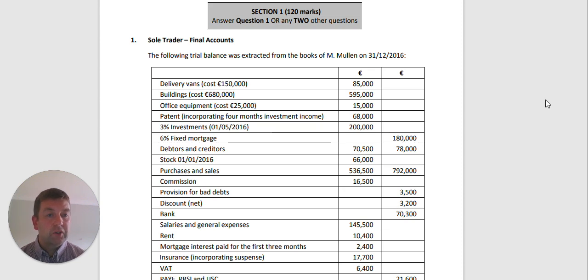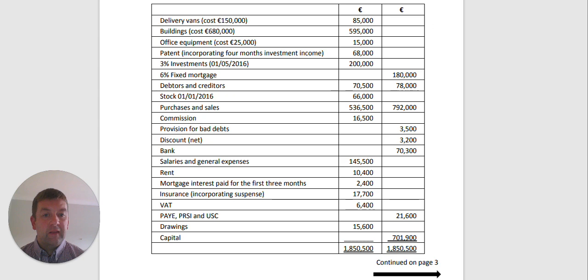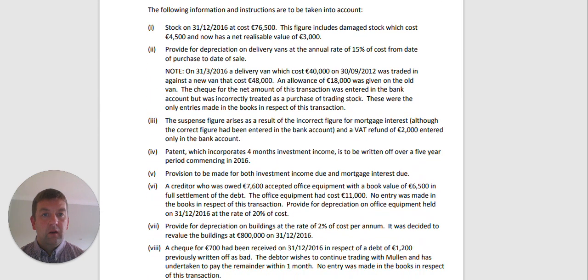How I'm going to approach today's video, I am going to go through the question, and then there are 10 instructions which we have to do, 10 notes, and I'm going to show you the marking scheme at the end where everything goes. So I'm going to go through the notes in a fair bit of detail to make sure you're able to do each one of the notes. So don't be afraid to pause this video at any point, rewind or fast forward to make sure you have